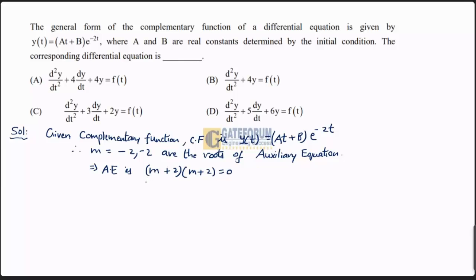So this simplifies to m square plus 2 into m, 2m, m into 2, 2m, 2 into 2, 4. So this implies m square plus 4m plus 4 is equal to 0. Therefore, the corresponding differential equation is